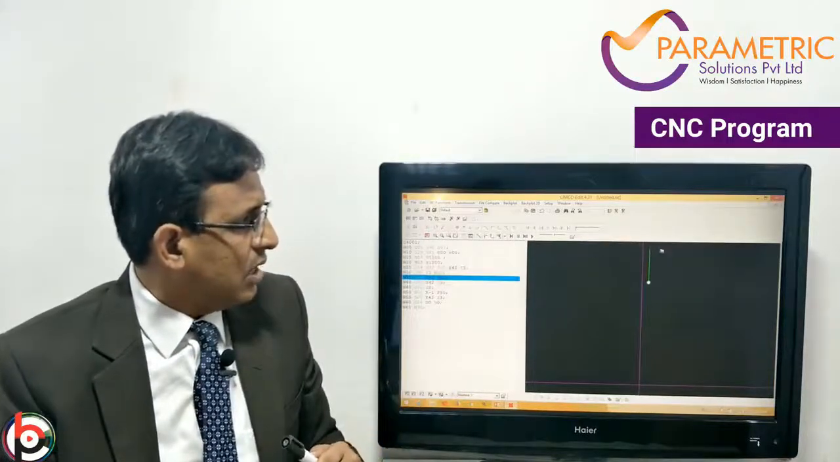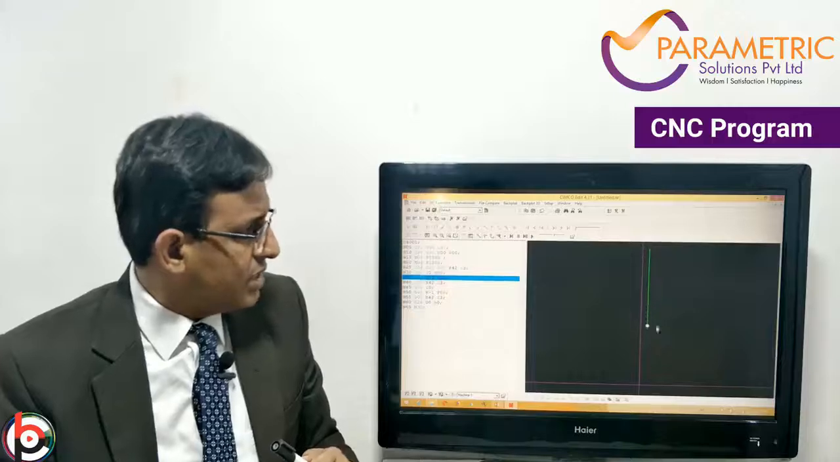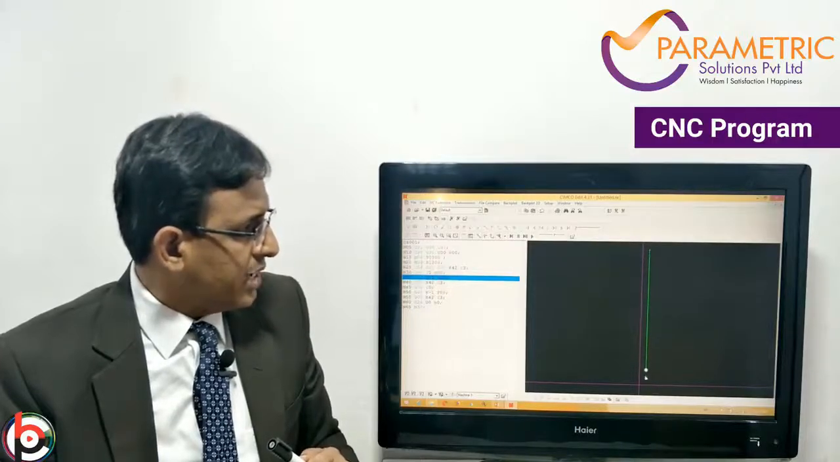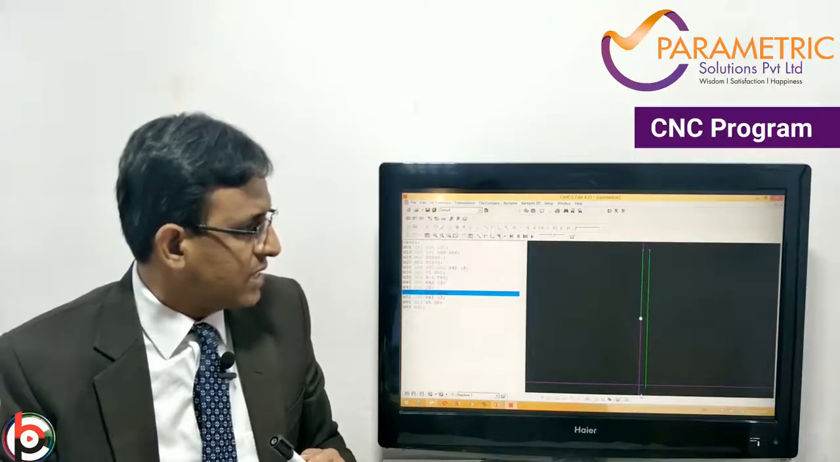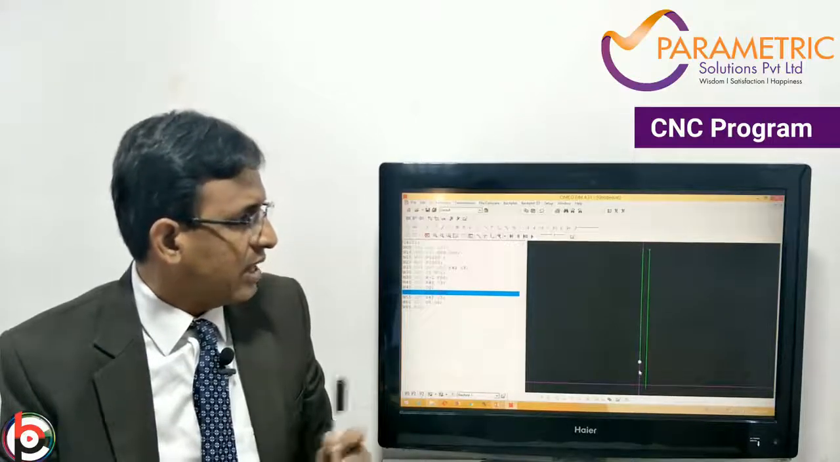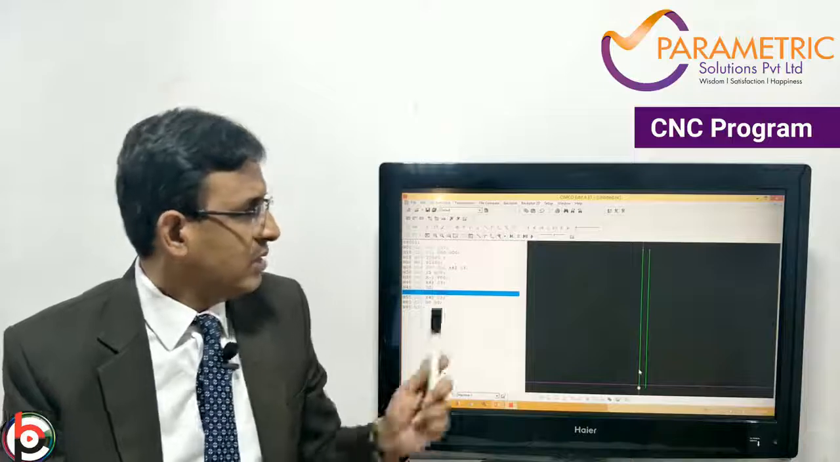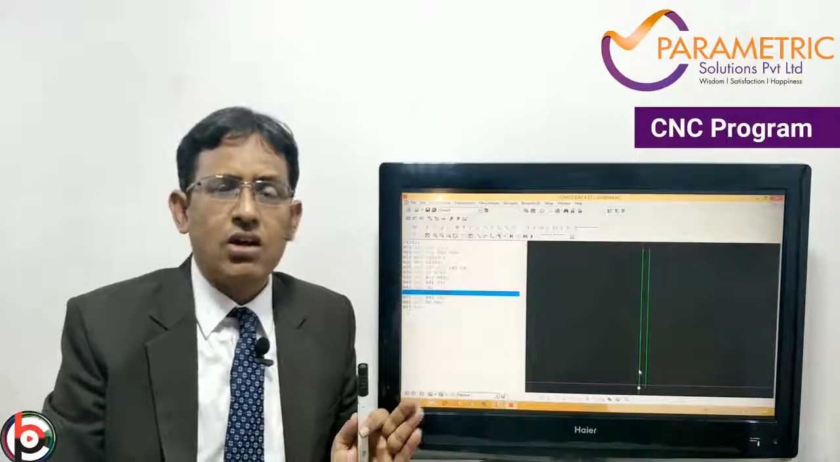So this is the G code, this is the face. Now a 1 mm cut was happening here, and again the second cut is at the zero face. So with these two cuts, the face turning has been done. This is the live simulation of how to do